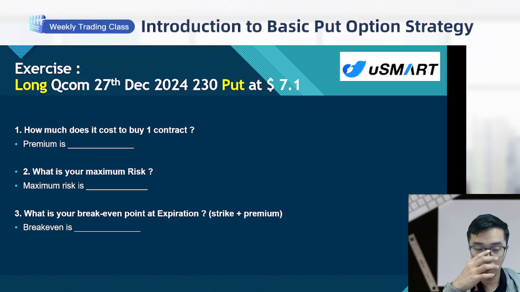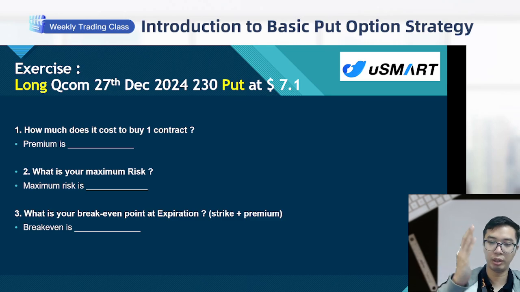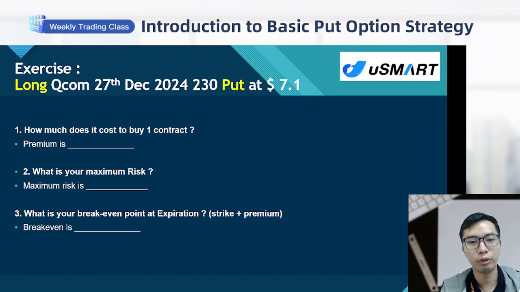And then next, what is your break-even point at expiration? So it's very easy. You just take the strike price minus the premium price, and then the price has to move below this in order for you to start profiting. So it will be 230 minus 7.1, which is 222.9. I didn't write it here because I write my answers behind,